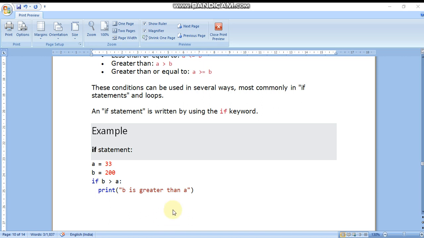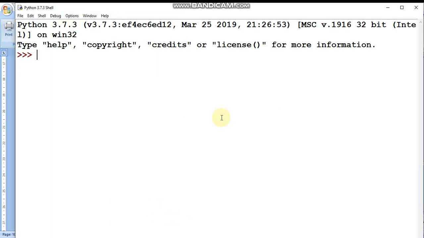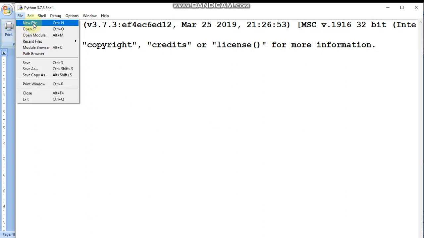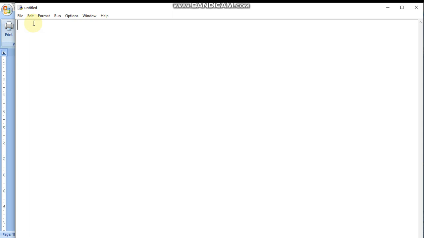But remember, if should be small. I have started IDLE, so I'm going to open a new file and use a comment: example of if statement. Here a equal to 10 and b equal to 200, and I'm going to use if b greater than a.